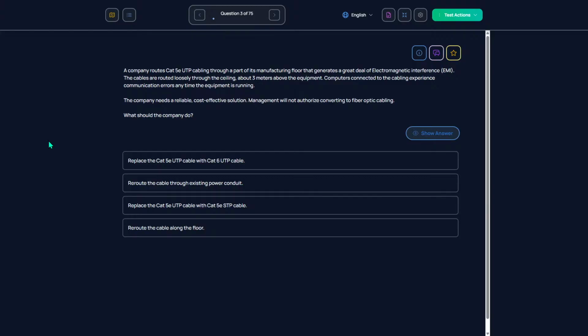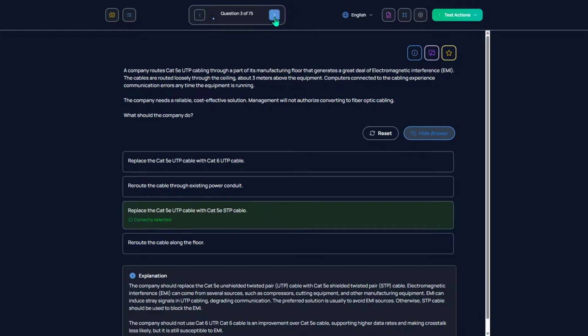The company needs a reliable, cost-effective solution. Management will not authorize converting to fiber optic cabling because they are businessmen and they are cheap. So, what we want to do is replace the Cat5e UTP cable with Cat5e shielded twisted pair. The whole interference thing I was talking about earlier.